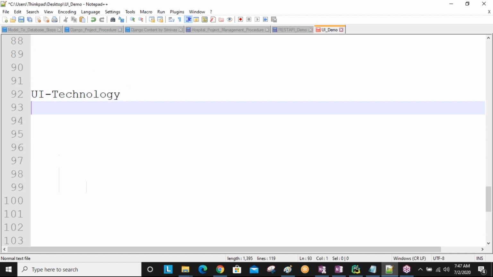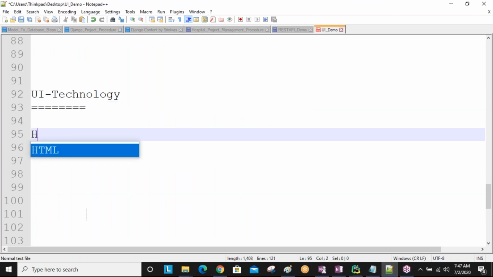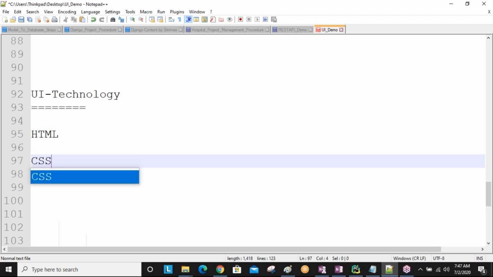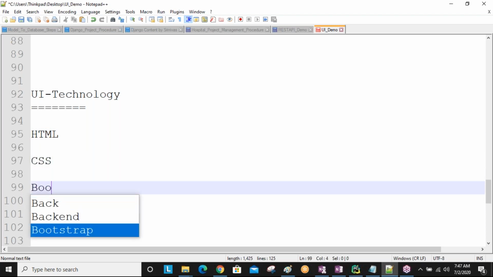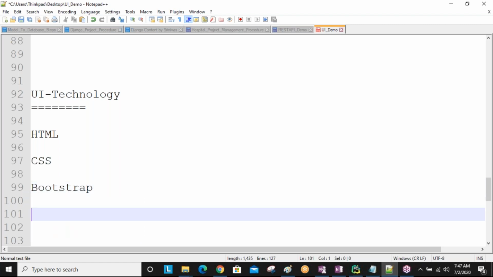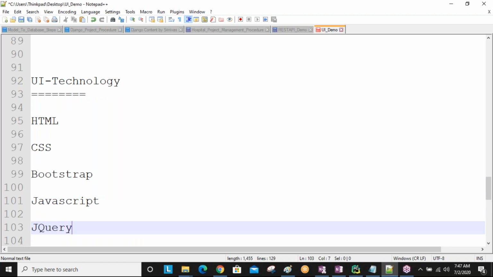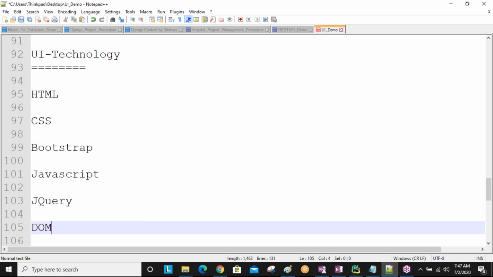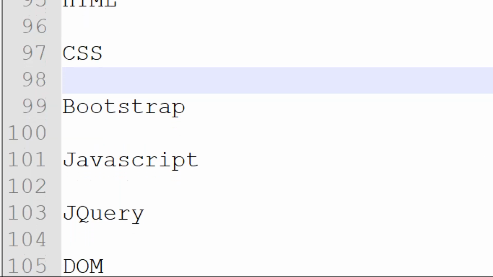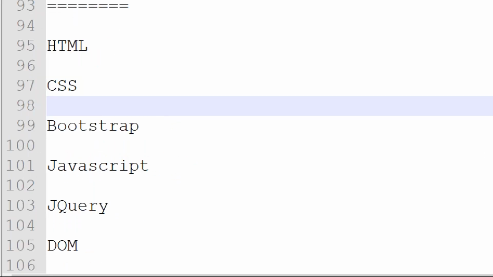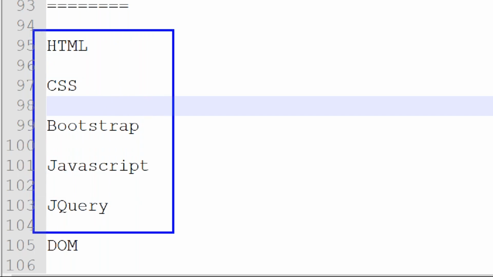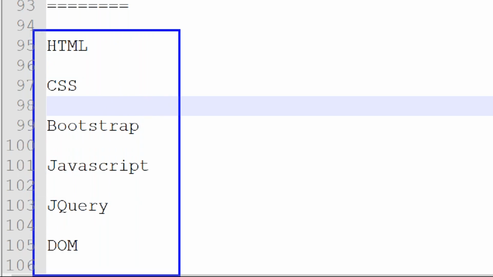what you are going to learn is UI technology related. HTML and CSS. Next, Bootstrap. Next, JavaScript. Then jQuery, and then DOM. So about all these 6 topics you are going to learn, sir: HTML, CSS, Bootstrap, JavaScript, jQuery, DOM.